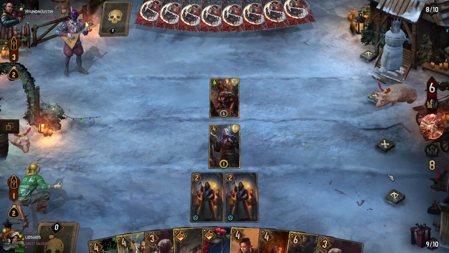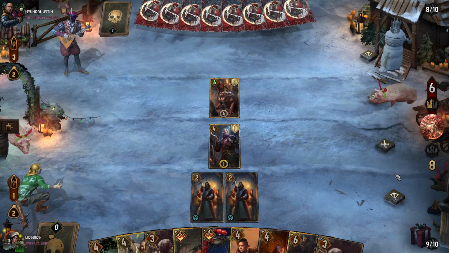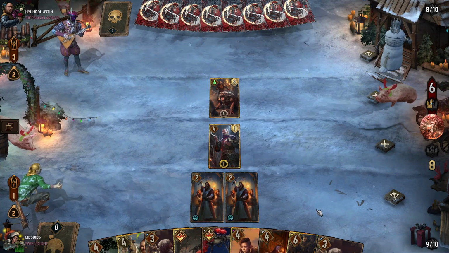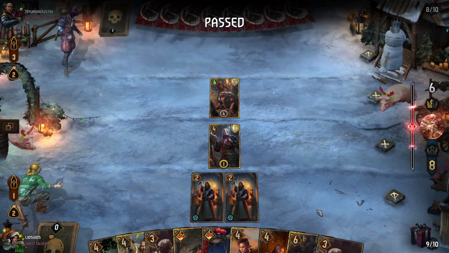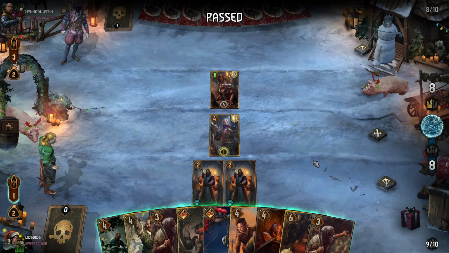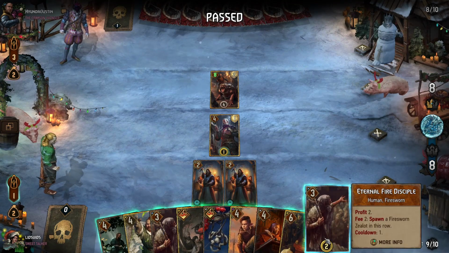Because at least this way, we do have a lead here. Technically speaking, they will get up to an 8 at the end of their turn. So they may pass at this point. Okay, they will pass. So that puts them up to an 8, which means we do unfortunately need to play one more card. That means if we go Eternal Fire Disciple here,